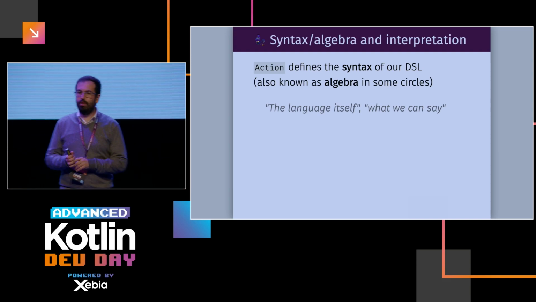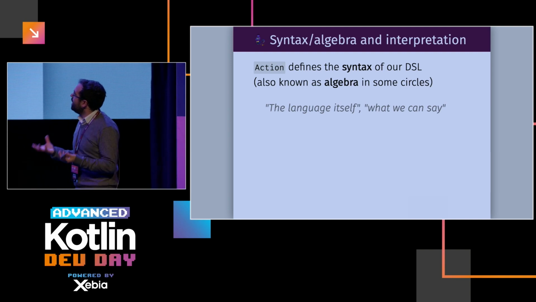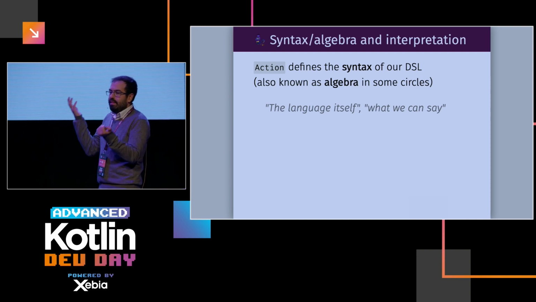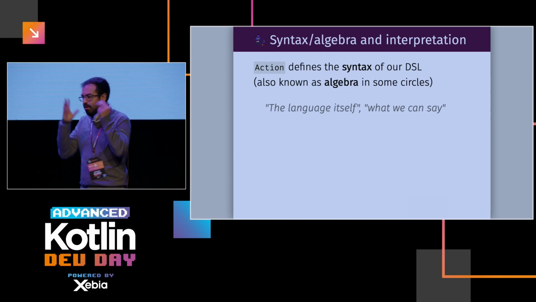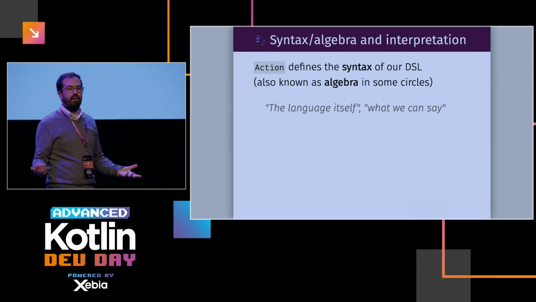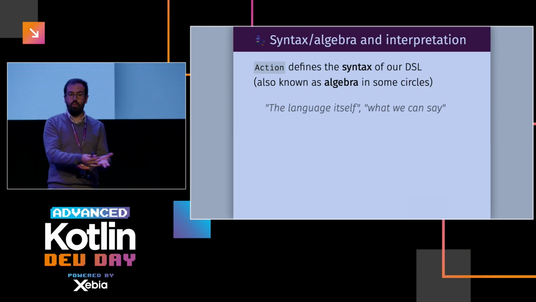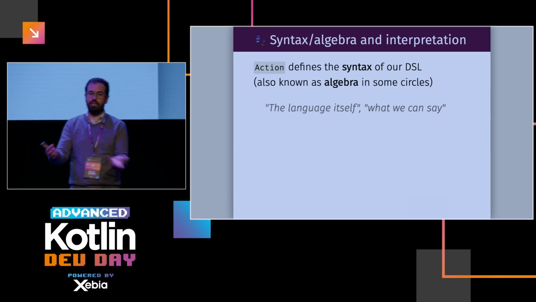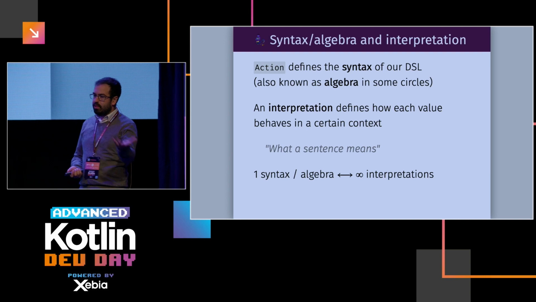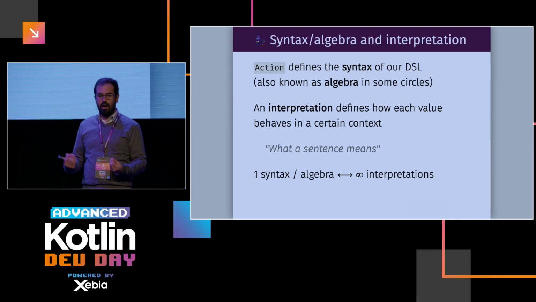Well, when people talk about this, especially in functional programming communities, they actually say that action is what you call the syntax of your language. It's all the algebra. That's essentially defining what you can say in the language. And in our case, the language is what we can do with the actions in our card, what the attacks can say. The other side of the coin is what we call an interpretation,